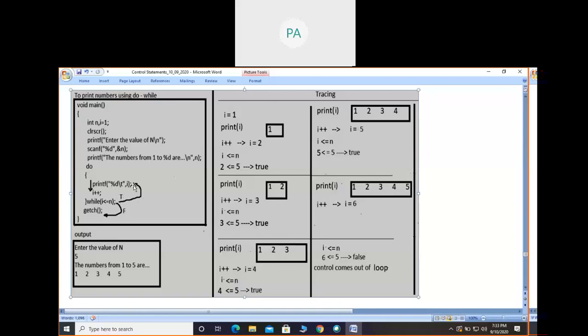If the condition is true, look at the arrow mark where I have written t. The do while loop starts from the first, that is, the print statement will be executed. So print i, it prints 1 space 2. Generally when we execute looping statements, you can use either backslash n or backslash t. Why did I use backslash t? Suppose the n value is 1000 or 100, it may occupy the full screen.